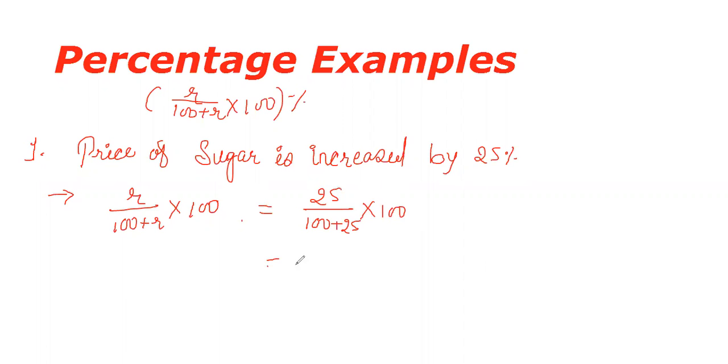So it gives 25 divided by 125 into 100. So it will be 20%. Okay, then after that, next will be